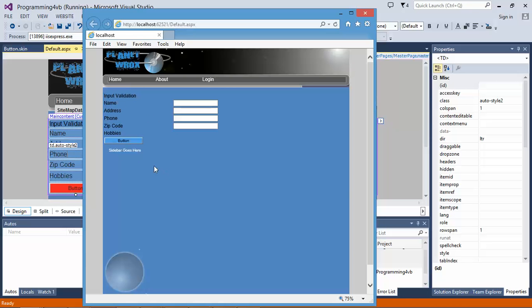Okay, so we're going to deal with the validation and the functionality here in another assignment, but for this we've got our skin working and we've got our table there. Okay, you see our menu still working from before, our images, we've got the theme, master page is all laid out. So we've come a long way in this one assignment. That's it for